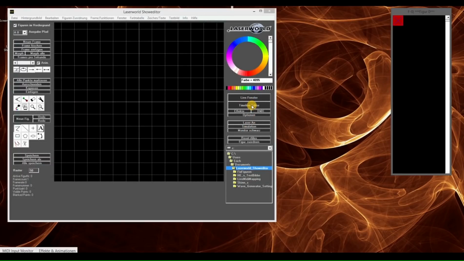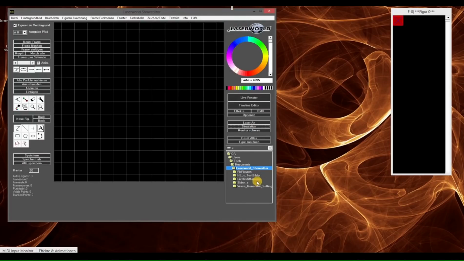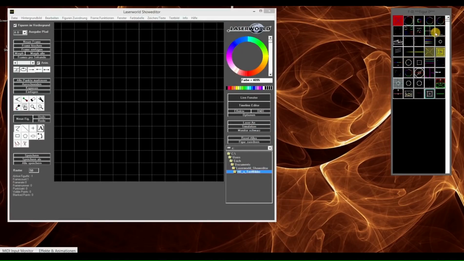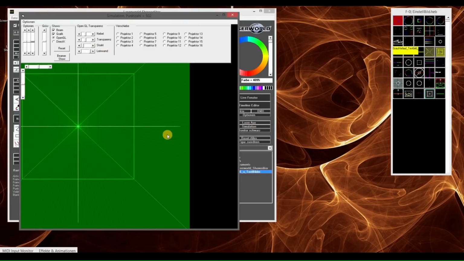So first of all, to be able to see what we're programming through the visualizer, we need to configure it first. So first of all, we open up the simulation window. Before that, we need to select the test patterns so we have some output and can configure the actual position